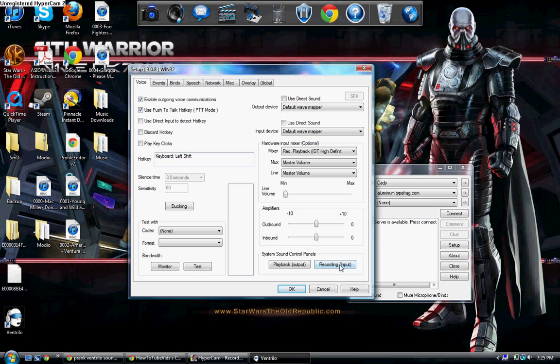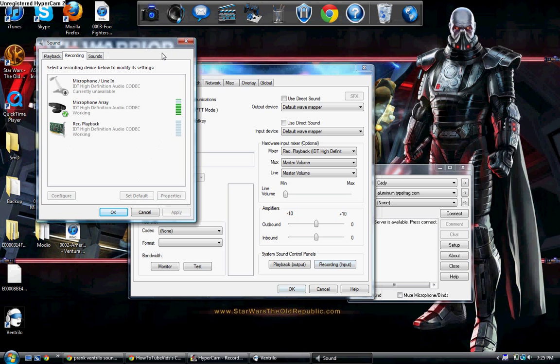Alright, so then we're going to go back into the voice, and we're going to click on the box down here that says recording input. Now a box like this should show up. You may have more options than I do, or you may have less. But to make sure that you have the maximum that you can have, you're going to want to right click,